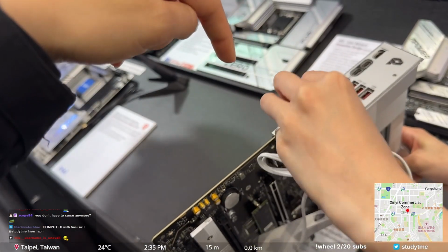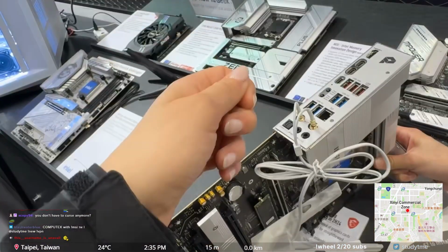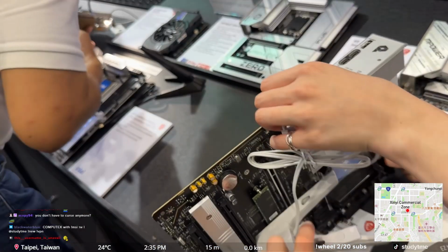For the Wi-Fi, right now, you don't have to do all the cable management that you used to do. You just connect these two, and this one is going to give you the Wi-Fi. And that's mostly it. These are the things that surprised me the most about the MSI components in 2024